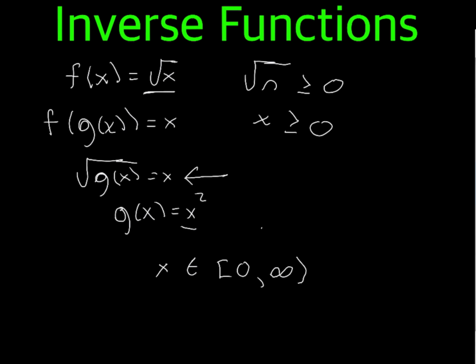And notice that when we restrict x on this domain, then g of x does in fact have an inverse, and then f of x and g of x, which we'll conveniently call f of negative 1 of x, are inverses of each other. So when dealing with square roots, it can be a little bit tricky, but remember, when you square each side of an equation, make sure to look at each side to make sure you're not squaring any negative numbers. Otherwise, you'll get funky